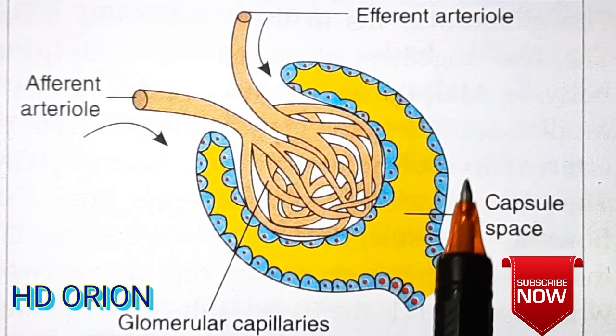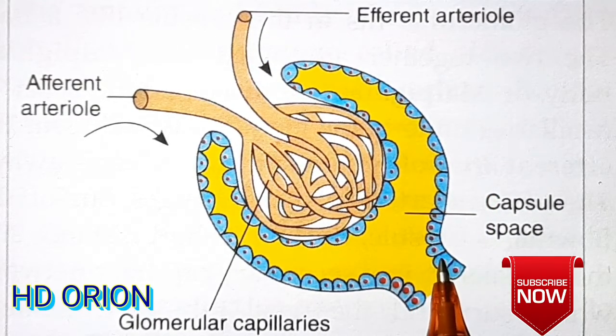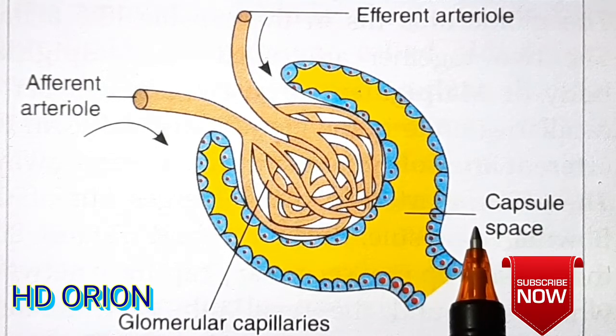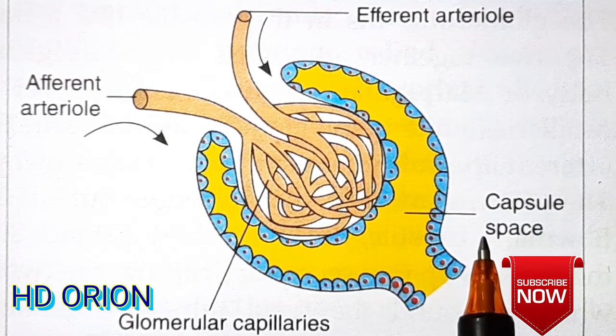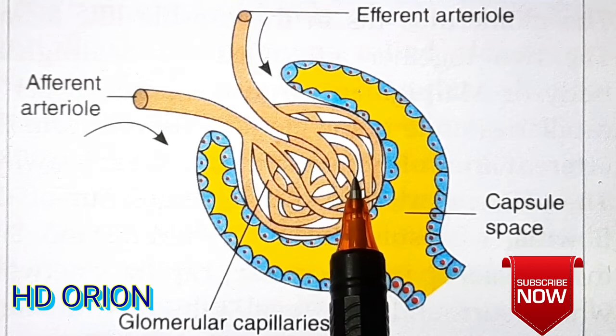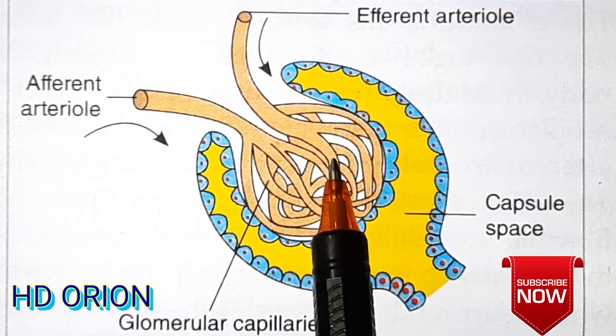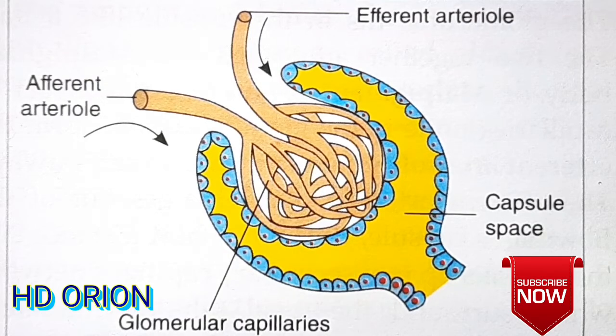The arteriole will again branch to form the vasa recta, which is a branched form of capillaries, and the absorption will take place here, and then the vasa recta will unite to form the venules. So it is this type of structure that the glomerulus does not form the veins over here, but it will form them after the process of reabsorption. So this is the renal corpuscle or the Malpighian body.